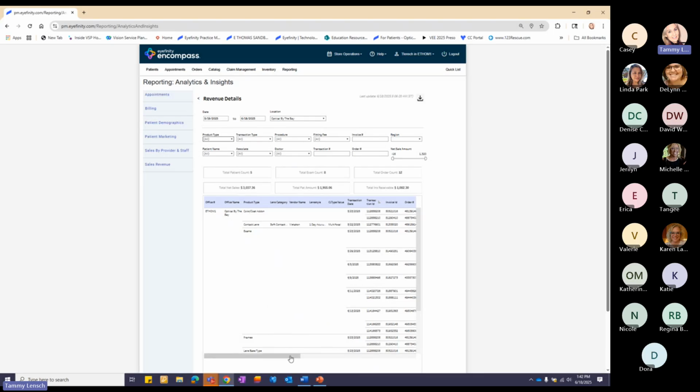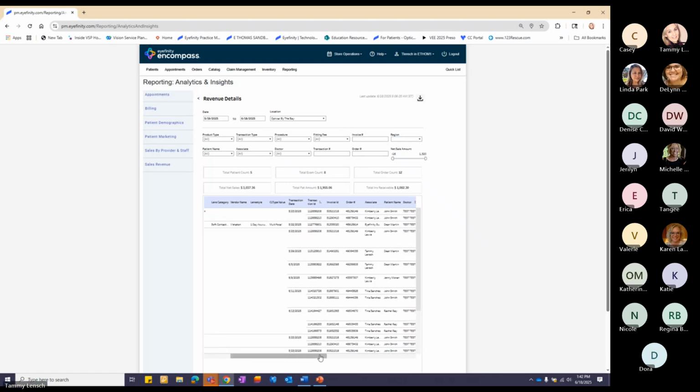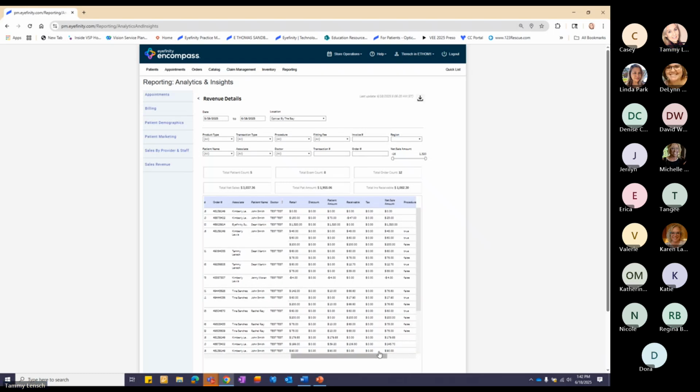Okay, I can scroll all the way across. So again, depending on what information you have in your system, you'll be able to see the office, the product type, if it's a lens, the category, if it's a vendor, you can see the vendor name, the lens style, contact lens value, and then you have your transaction dates, ID, invoice number, order number, the associate, patient's name, doctor,